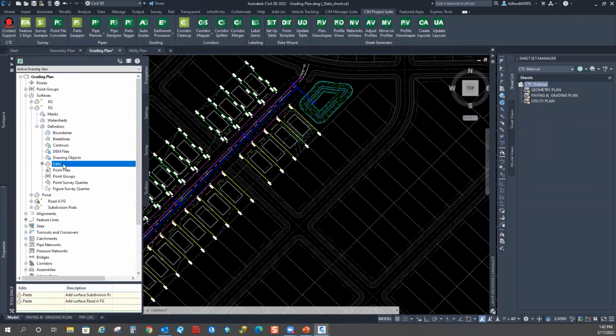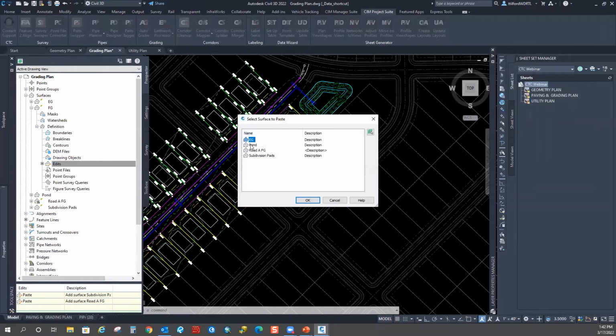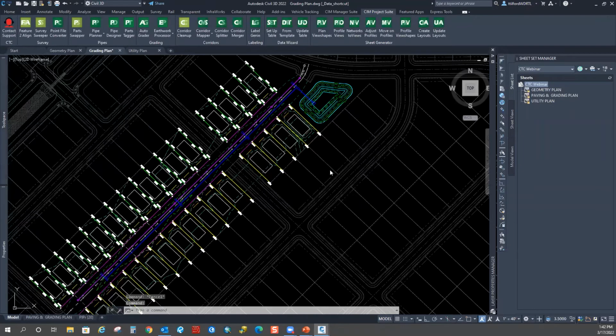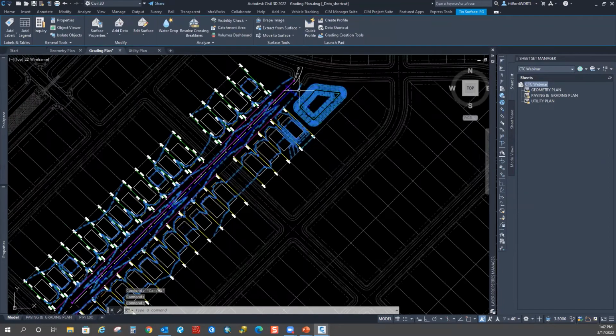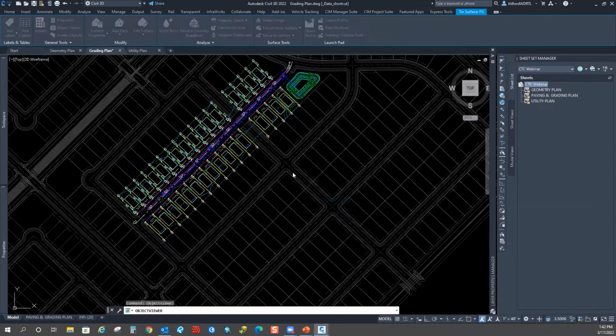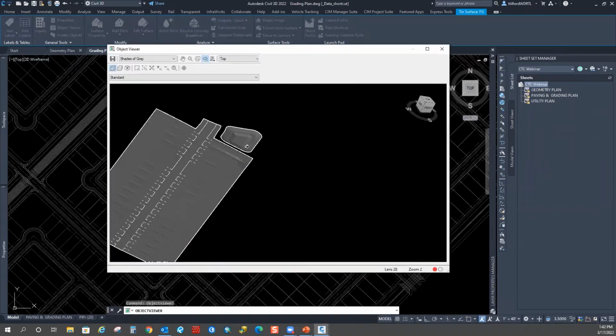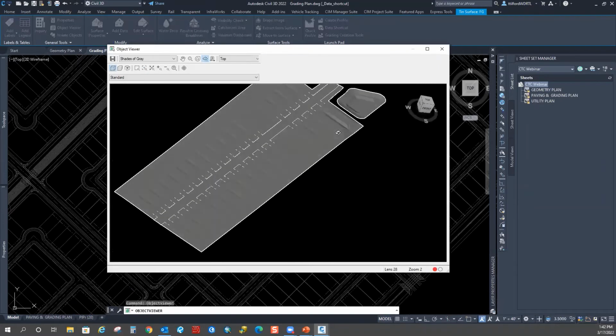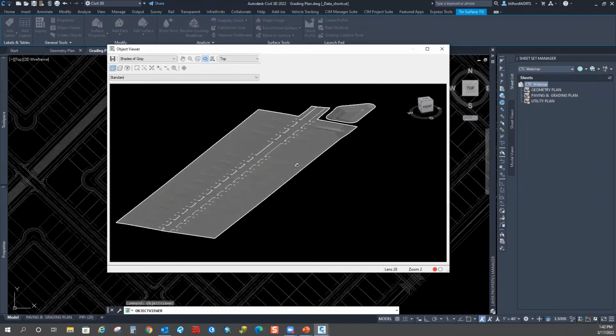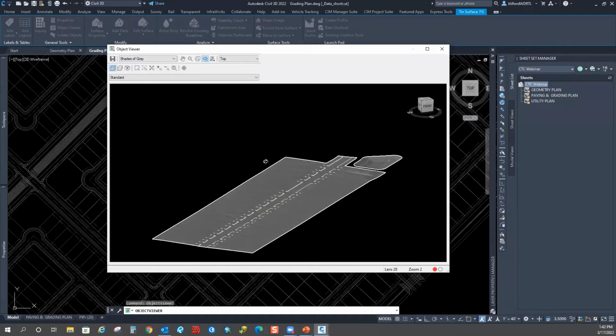And I do not have my pond in there. So we'll go ahead and add the pond, and then see how that surface looks. All right. And we got a little of this going on here. We'll look at our little grading plan that was created using some of these tools. It's not bad. I don't have an intersection in there or anything,